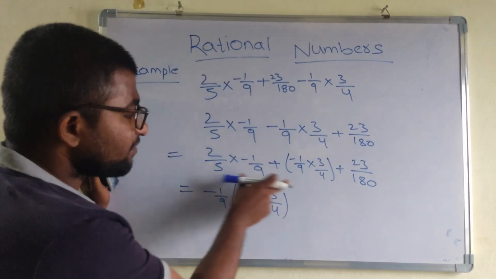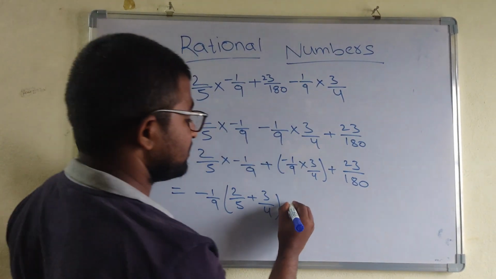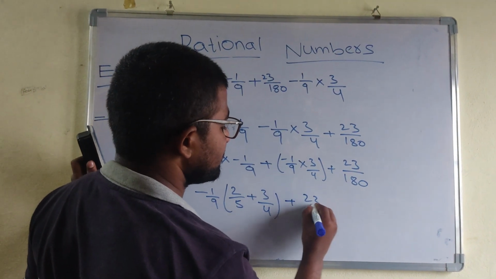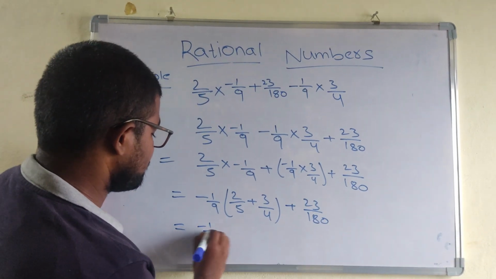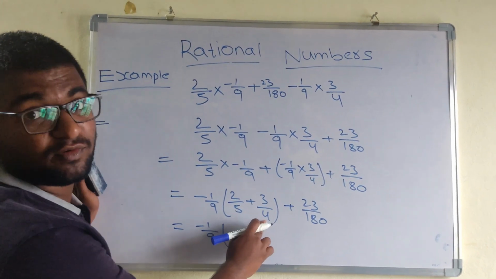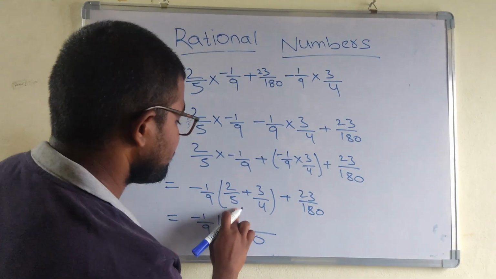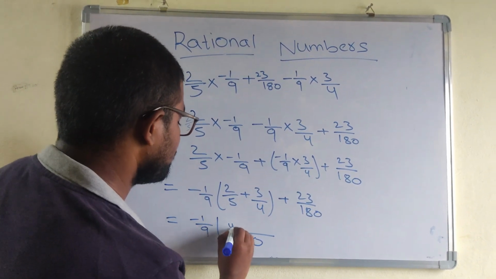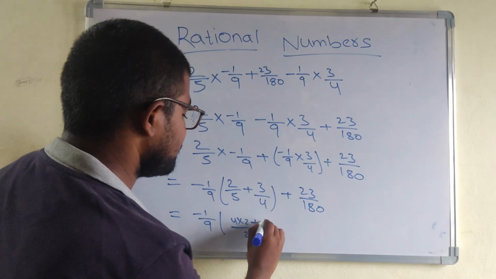By doing the calculation again we get this. Then we can take minus 1 by 9 as common, then plus 23 by 180 minus 1 by 9. Next we do LCM. What is the LCM of 5 and 4? The LCM of 5 and 4 is 20. 5 fours are 20, 4 into 2; plus, 4 fives are 20, 5 into 3